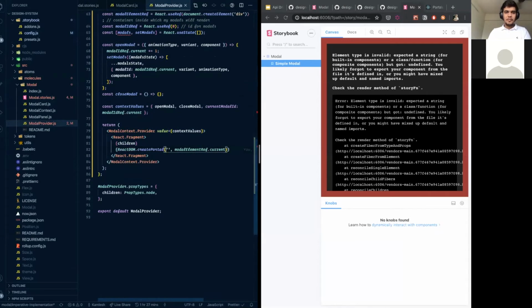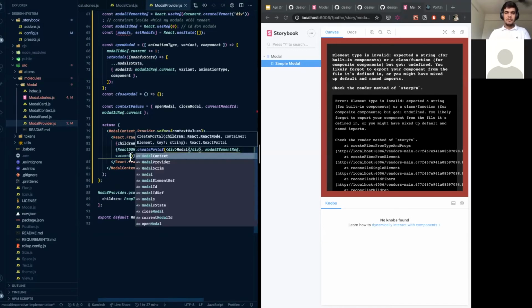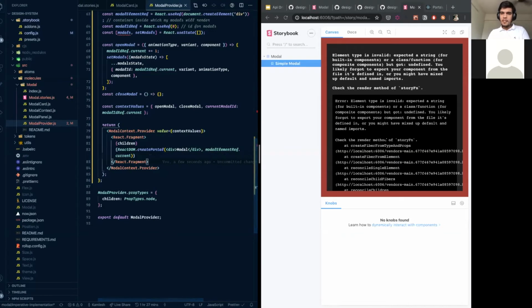It accepts something as a React DOM. We pass there. And yeah, okay. Something like: a class or function for composite component but got undefined, about export.